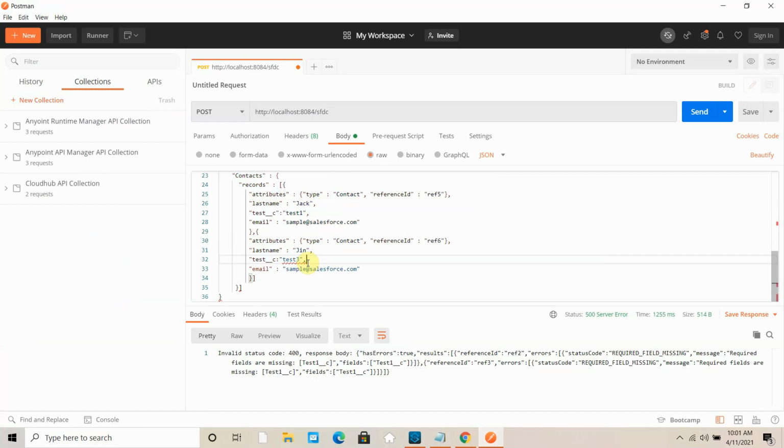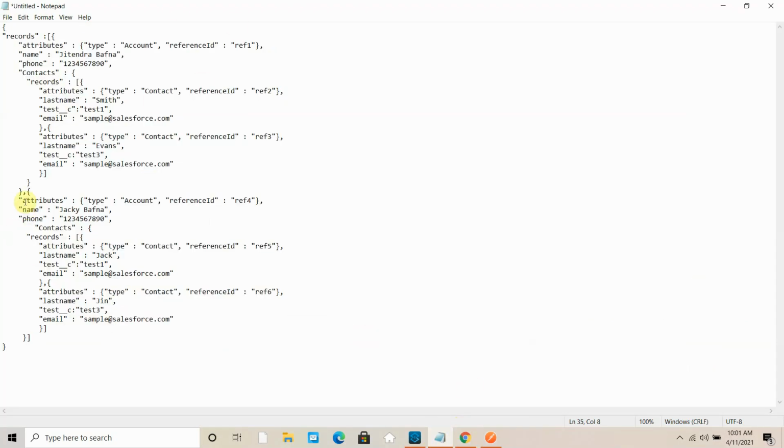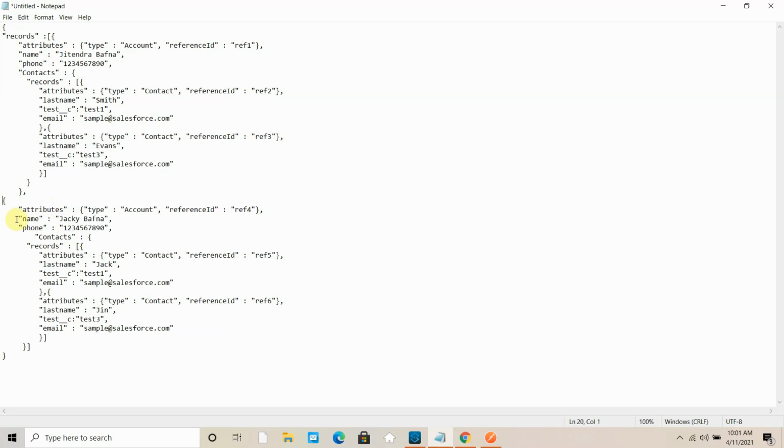Yeah, something is not right. Something is wrong with my JSON. We can correct it. I have to close this also, not here, after this.